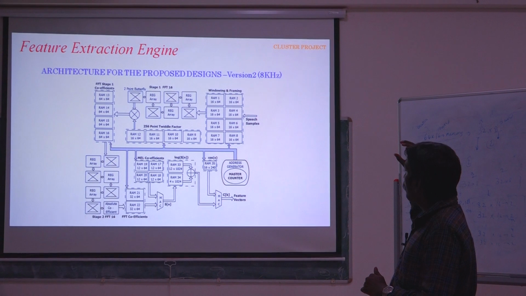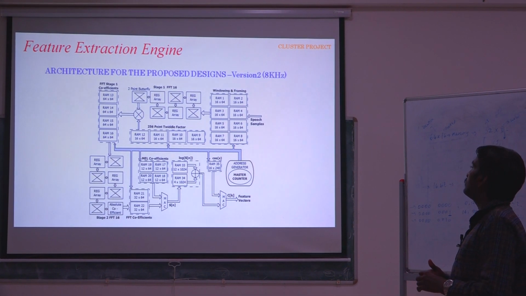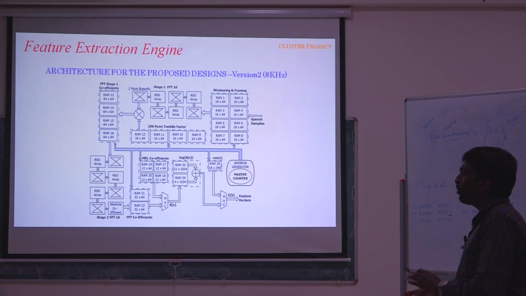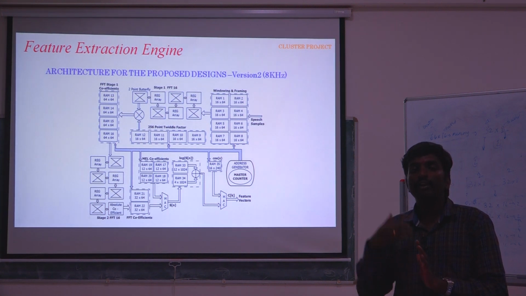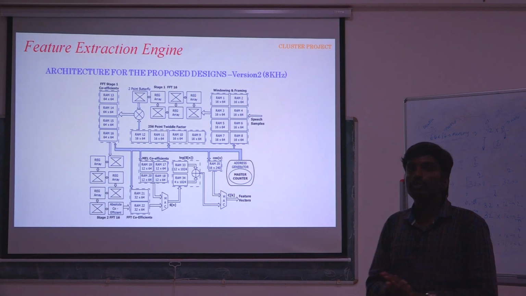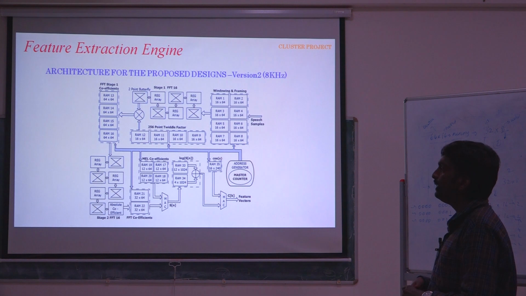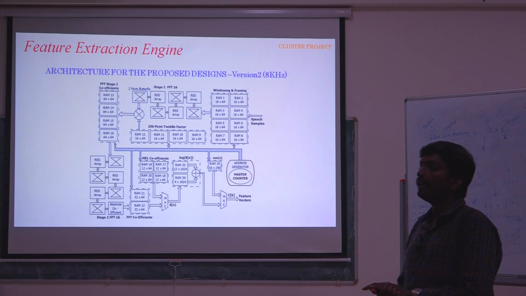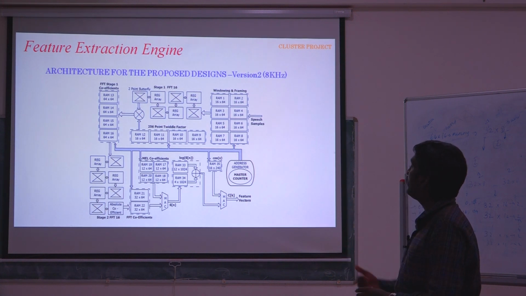After this, RAM 1, RAM 2, RAM 3, RAM 4 are for odd frames, and RAM 5, RAM 6, RAM 7, RAM 8 for even frames. Whenever we process the odd frame, the even frame will start storing. Whenever we process the even frame, samples will start storing in the odd memory. Once the samples are stored and we start reading, 4 samples per clock will be given to the FFT computation.